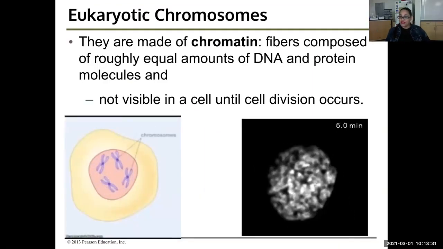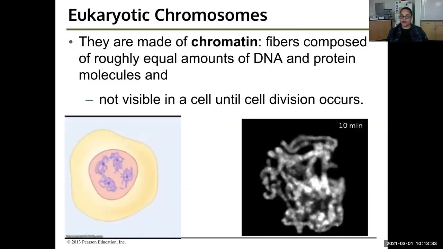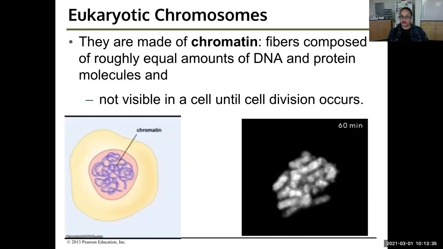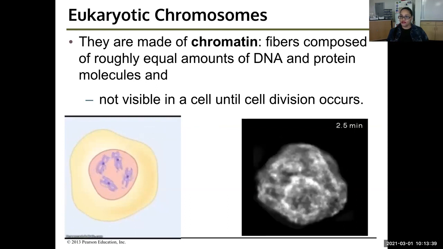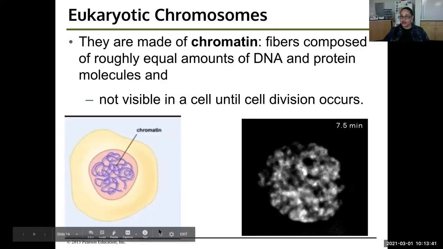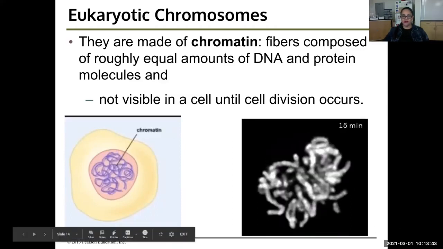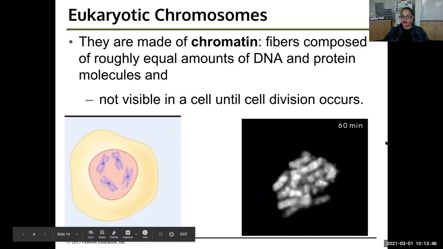Chromosomes are made of chromatin. Fiber is composed of roughly equal amounts of DNA and protein molecules, but they are not visible until cell division occurs. They mostly just look like a shaded-in blob in the middle of a cell until cell